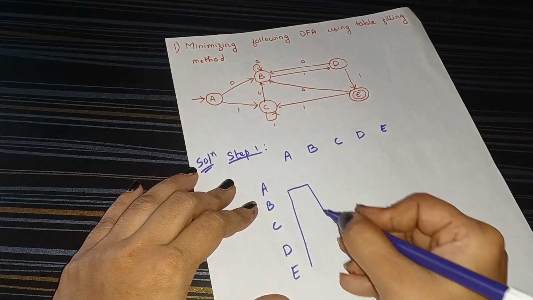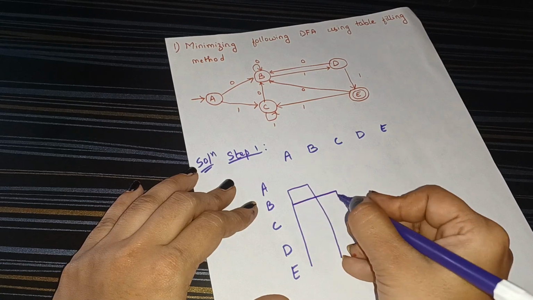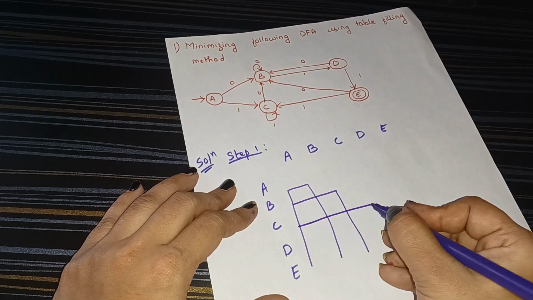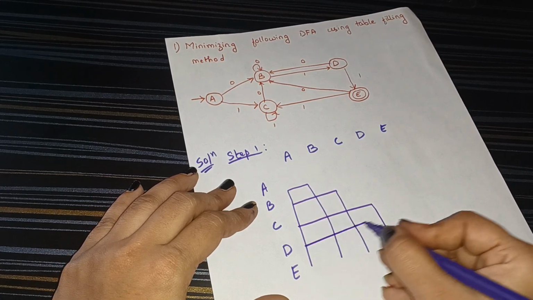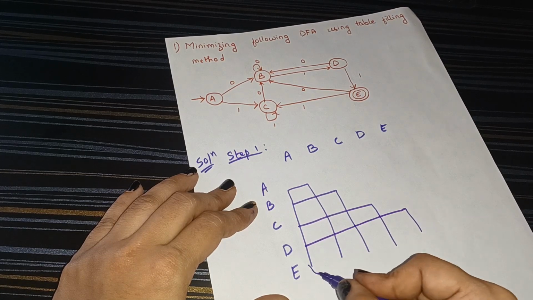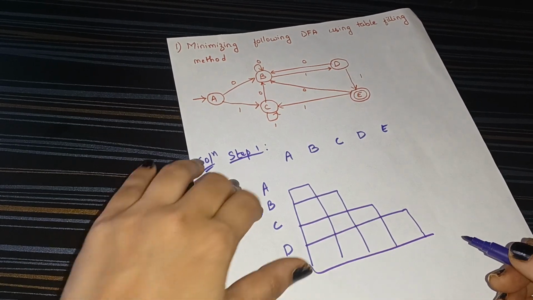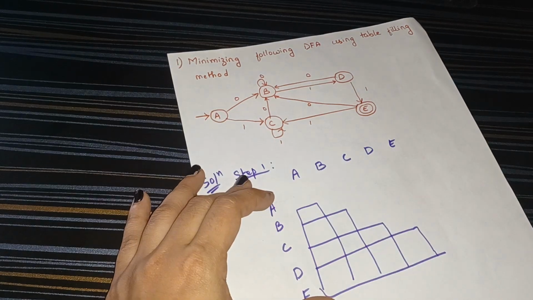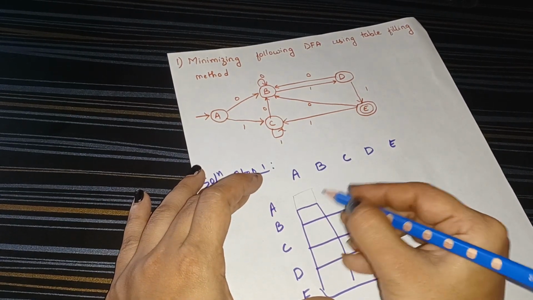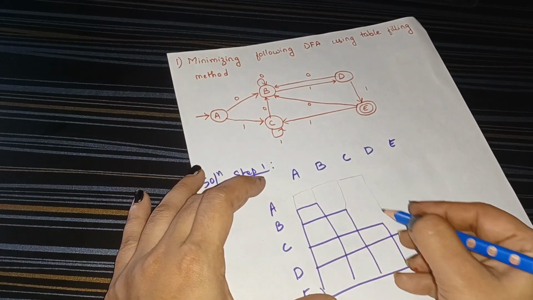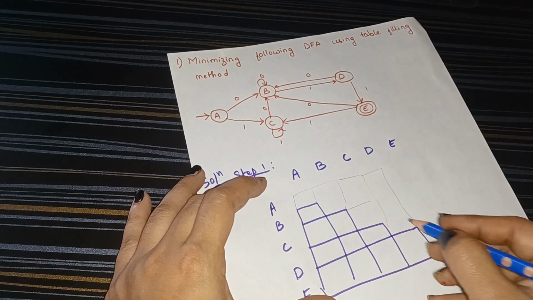We will consider only the half part of the table, because even if we consider the full table it will be of no use. For example, even if I take the full complete table,